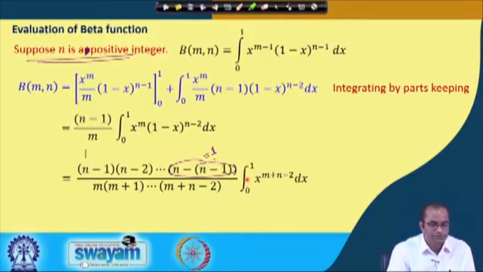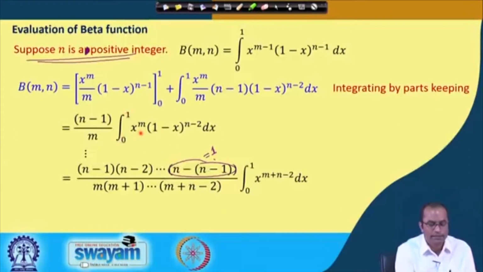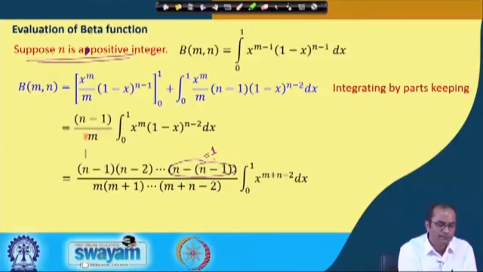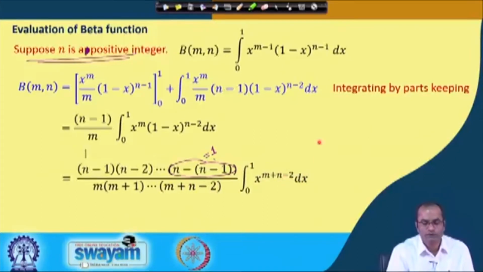and then this integral becomes 0 to 1 of x power. Because here the power is increasing, here it was x to the m minus 1, after integration once by parts we got this m here. So, naturally this is the same as what we have in the denominator, the last term. So, this power of x will become m plus n minus 2. So, m plus n minus 2 dx, and now this is the integral with no other term, the 1 minus x term disappeared completely. So, we have only one term in the integral,